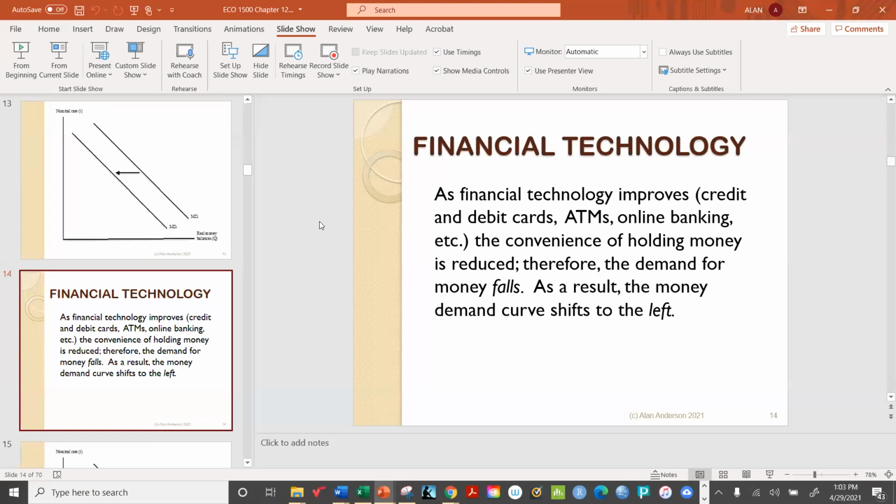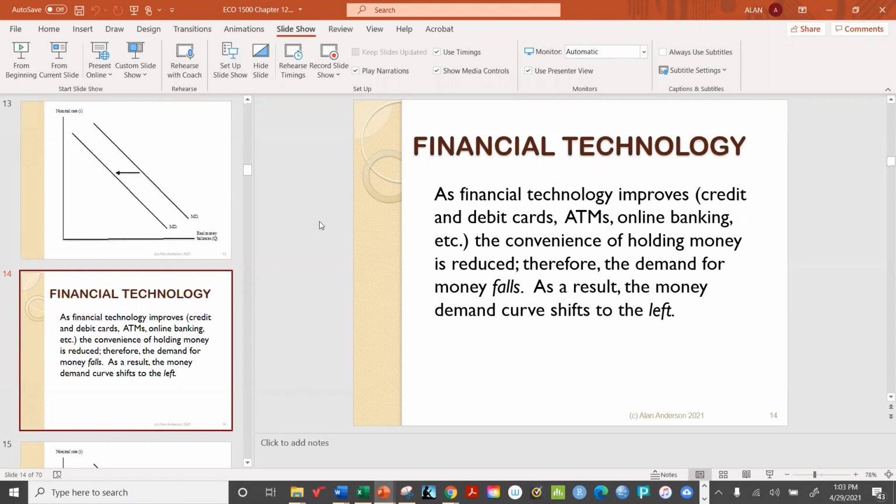So if you found yourself running out of cash over the weekend, you were in trouble because there's no place to get it. There's no open banks. So that means that in those days, people would have held a lot more money than they do now. All right. And when I say that, I mean you would have maybe brought your checkbook with you to buy things, and you would have also held a lot of cash in your wallet, much more than you would do now,